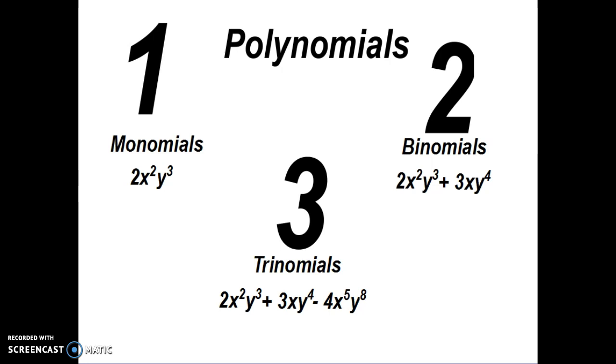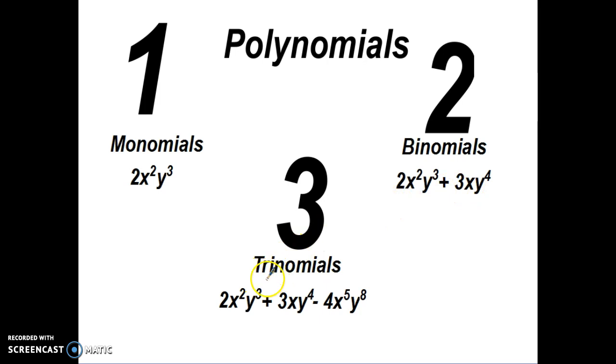All right, monomials. Mono means one, so you have one term. Now the term can be multiplied together. It's just one term. What separates terms? Bi means two, binomials. What separates the terms would be this addition sign. So if I don't see the addition sign, and I just see some numbers being multiplied together or some variables being multiplied together, we know we have a monomial. But if they're separated by an addition sign, we know we have a binomial because we have one term here,